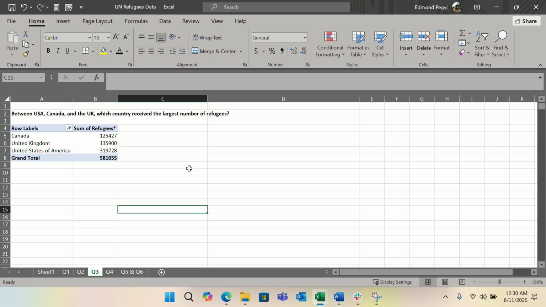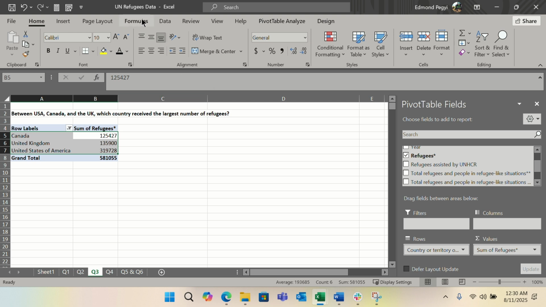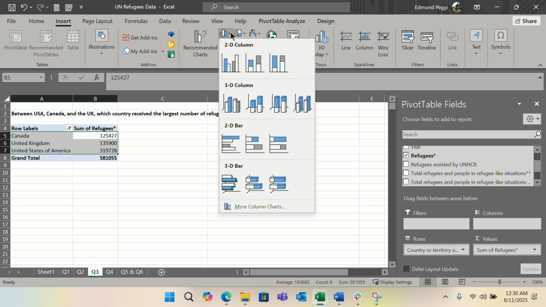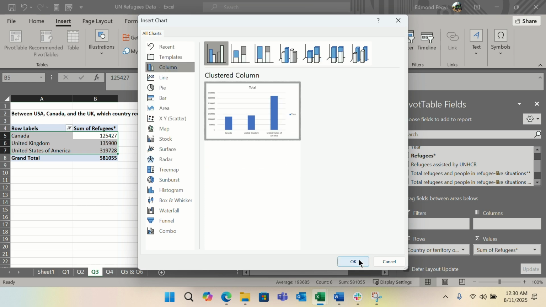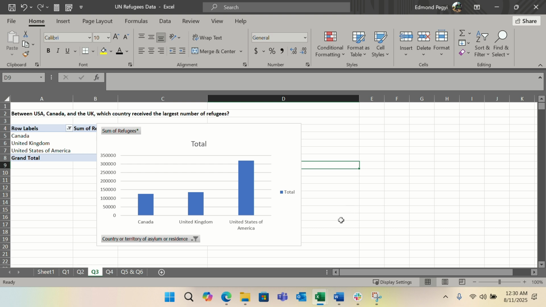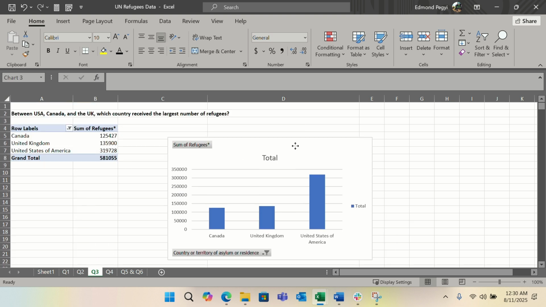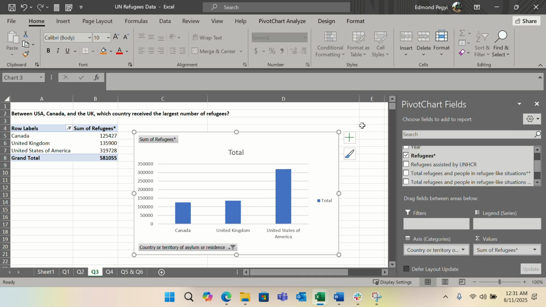Somebody might find it difficult looking at figures, so you can just run a simple analysis of this table using graphical representation. So insert graph, this, and chart type, this. Okay, select OK. Then it has given me my graphical representation, that is sum of refugees, country or territory of asylum,